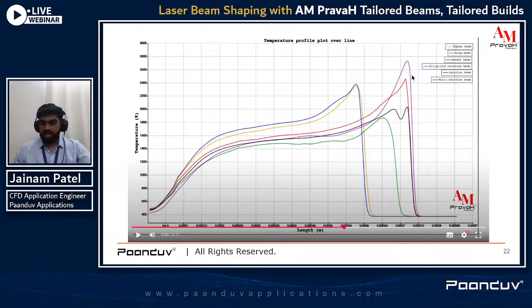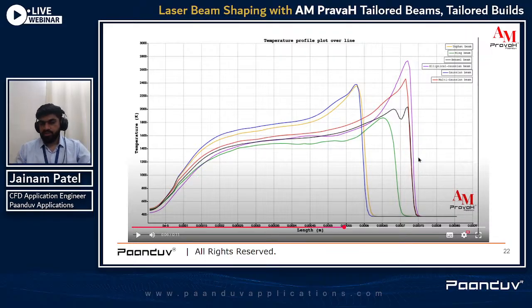We can clearly see that the elliptical Gaussian beam has a higher temperature on the center part, where I have drawn the line. After the high intensity peaks, all of these lasers show where the laser was at that time. There is a maximum temperature that the elliptical Gaussian beam has at a specific length. This one starts from 0 to 850. This is the length I have taken for scaling, for the measurement of the temperature